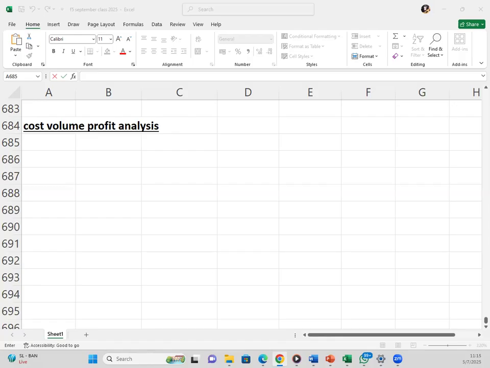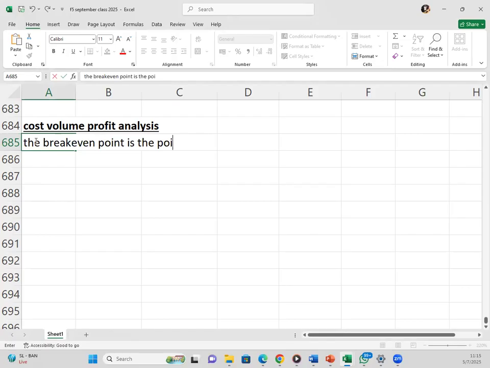So we want to identify at what production level the cost of production is equal to the revenue that we are getting, or to the profit that we are getting. So let's start by understanding the break-even point. The break-even point is the point where the total cost of the business